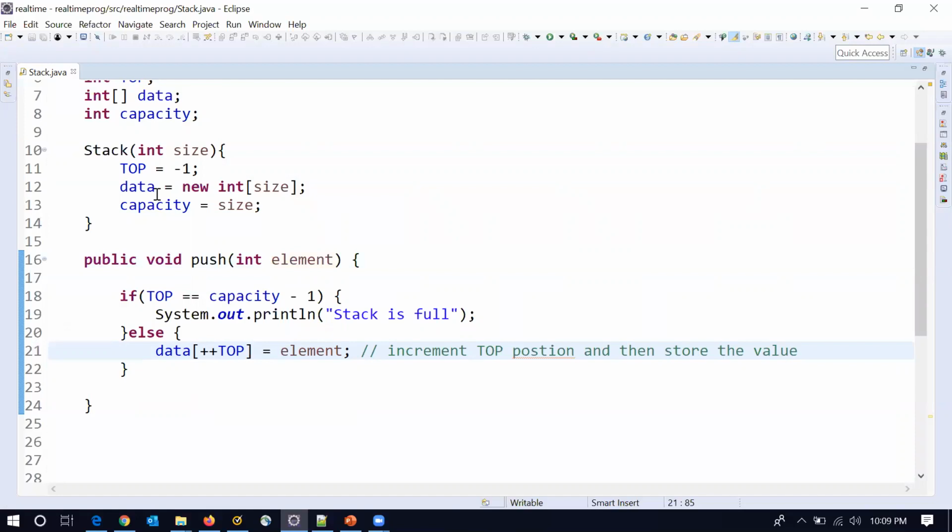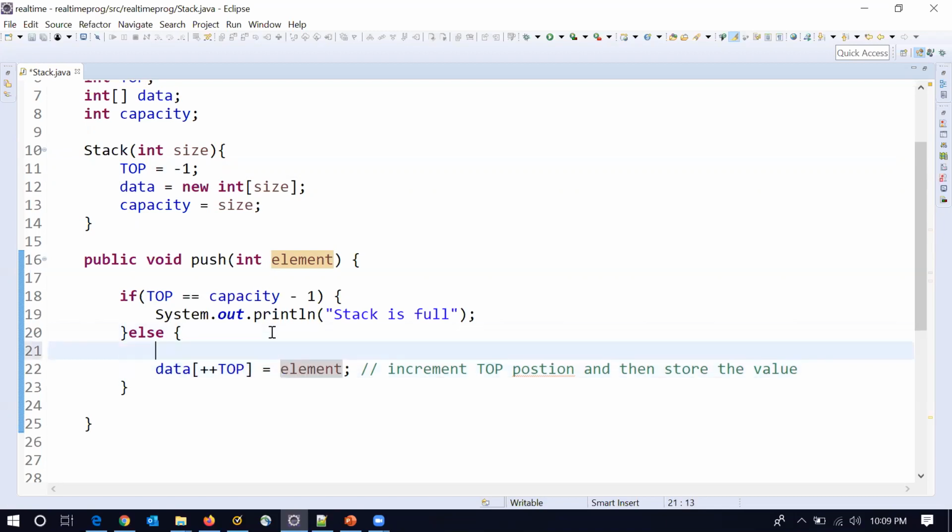Initially the position will be minus 1, so for the first time the position will be 0, then we store the element in the 0th position. So whenever we store a new element, we first increment the position, then store the element.